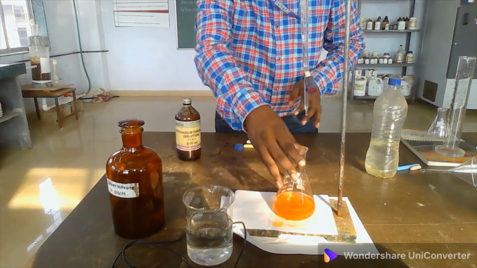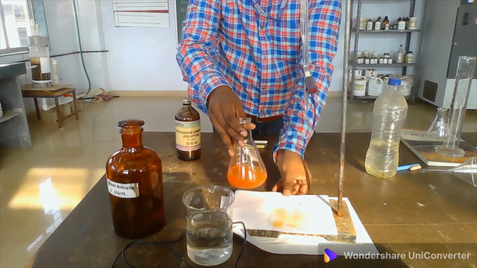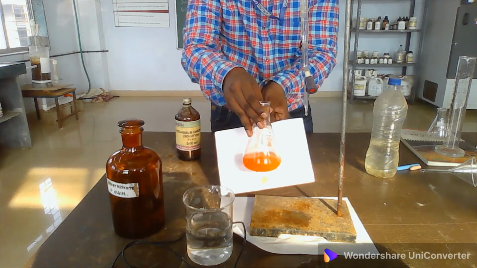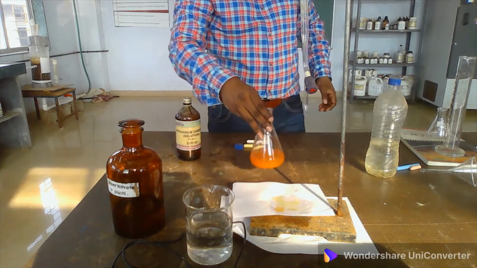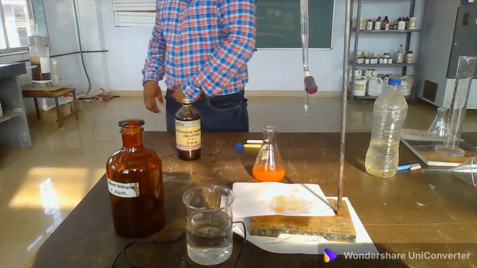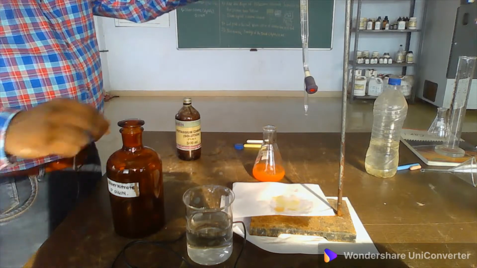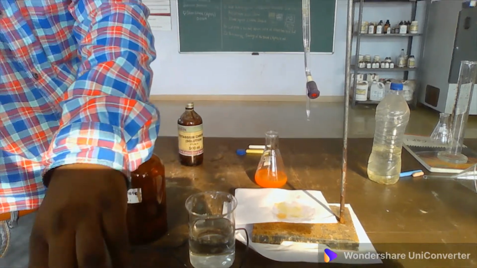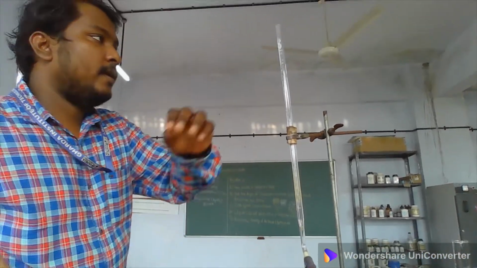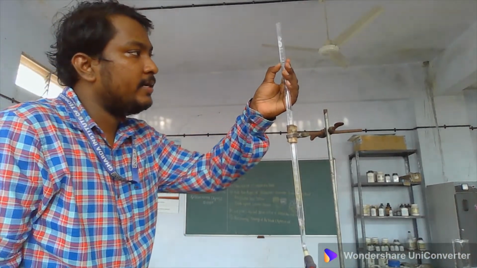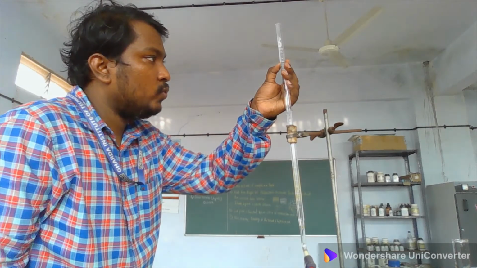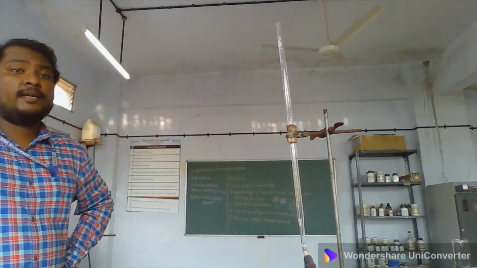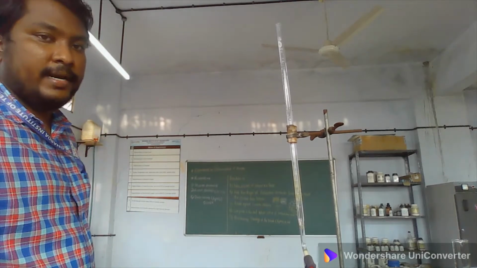Slow titration you have to do, and we have obtained the brick red color, and it is nothing but the end point of this corresponding titration. And let us see what is the reading. I have got the end point at 1.6 ml, which is nothing but the volume of titrant consumed, that is volume of silver nitrate consumed.